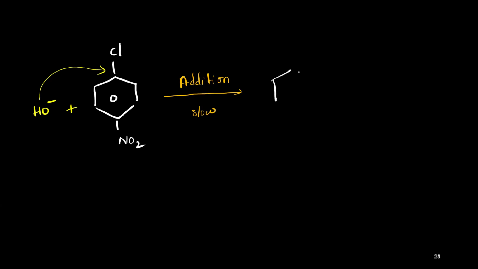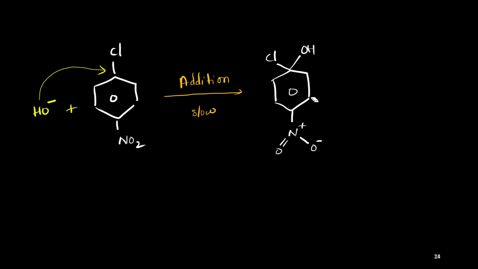There is a benzene ring with a chlorine. At this point, the chlorine has not left the benzene ring; it is still attached, but the OH will also attach, and the NO2 is present here. If you extend the structure of NO2, it will look like this. I'll tell you why I'm extending this. It acts as an electron withdrawing group that will be very helpful for creating resonance to make